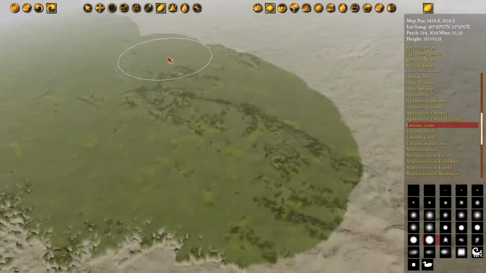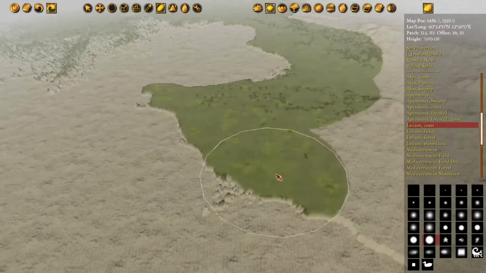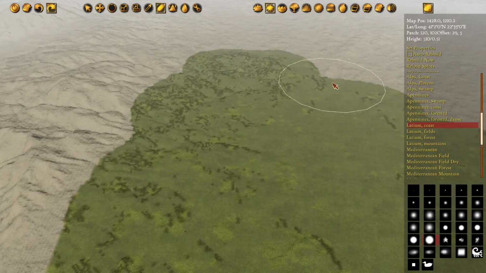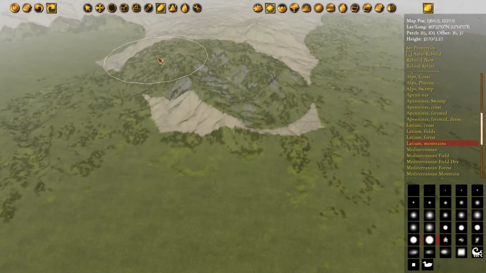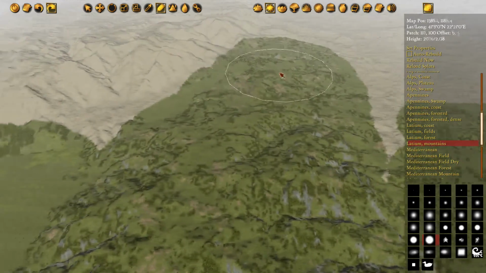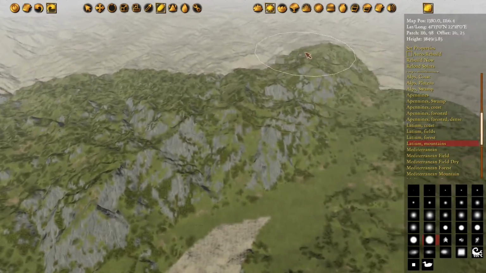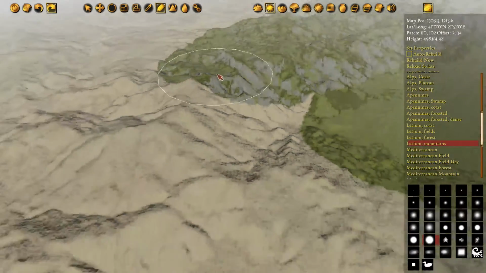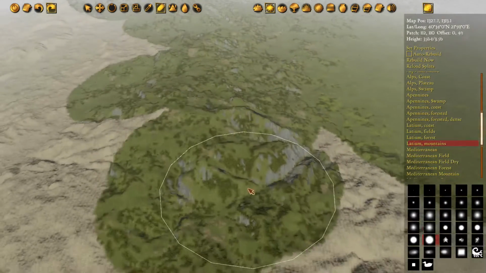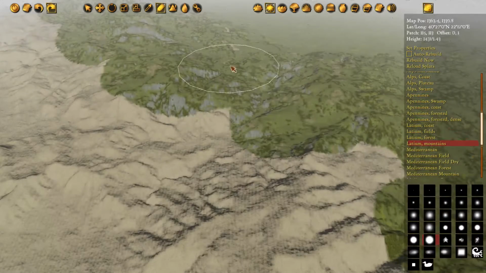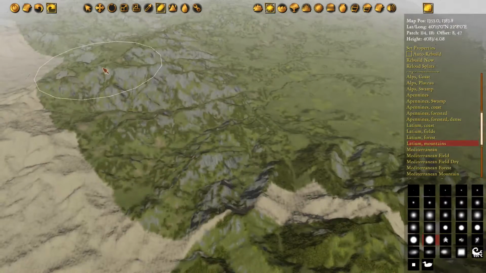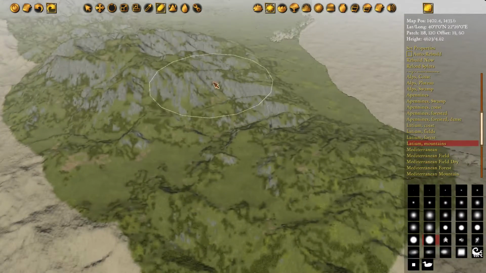So we'll paint around here. That should give us a starting point. I'll switch over to the mountain version and fill in these. You can see a little more gray rock appears with that brush. Fill this all in here, a little bit further down. Okay, now we've got